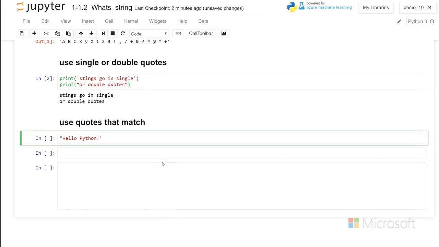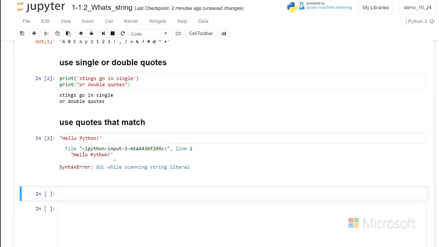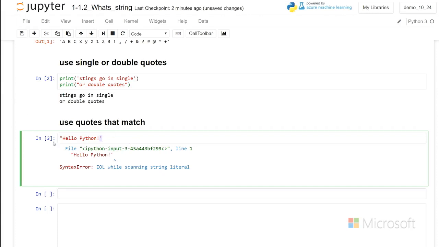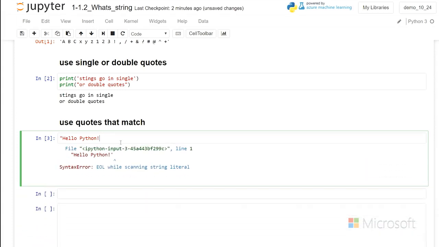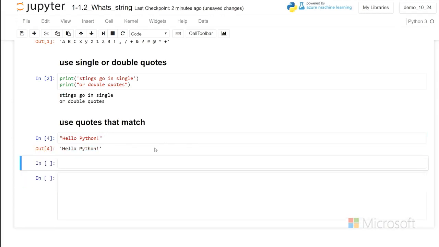If we don't match our quotes, we can see how that looks. So it tells us we have a syntax error, and that's just telling us that we have not used proper Python formatting on the way that we use a string. Because it starts with a double quote and ends with a single quote, we have to match those. So I could either make them both single or both double, and then I will make them both double, maybe not with so many returns. And then that will work right there.